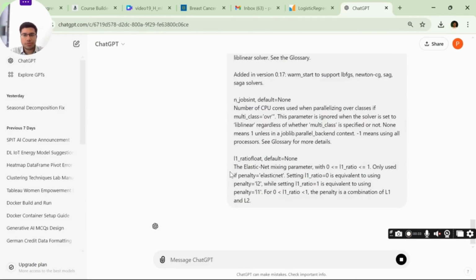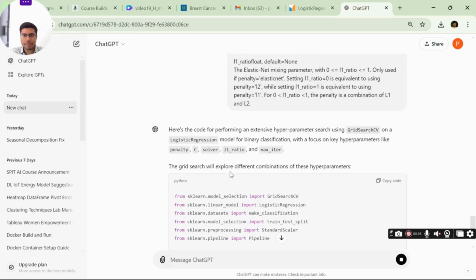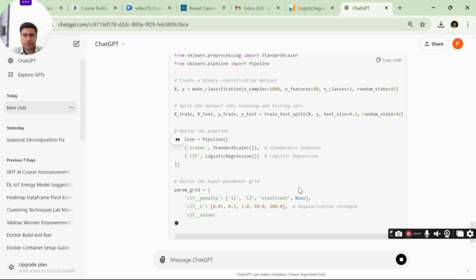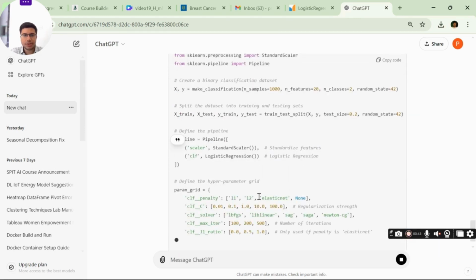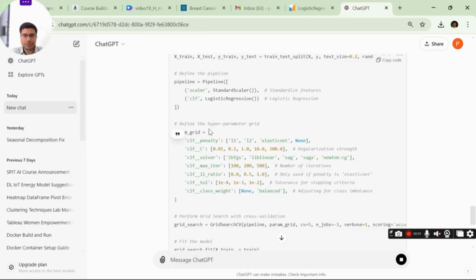So with the help of ChatGPT we can get the code. Here the focus is on these many parameters, so grid search will work, and we already have the train set, so this we can skip.